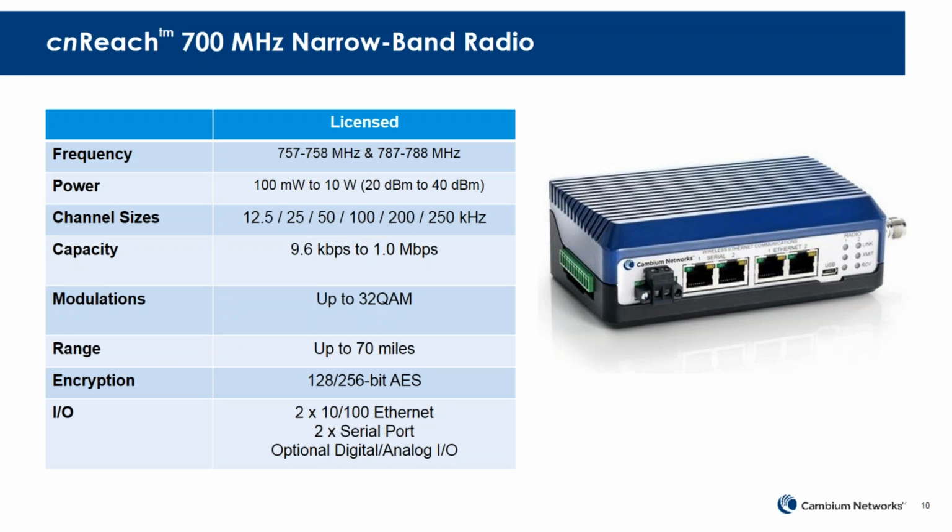We also have this product available in 700 megahertz. 700 megahertz spectrum is an interesting band. It's two pieces of 1 megahertz spectrum that are available for license, exclusive license and purchase from a couple of companies that own this spectrum today. And so if your organization is interested, and there are a number of petrochem companies that have either already purchased this spectrum or are investigating it, this provides exclusive access to a piece of spectrum that would be completely controlled